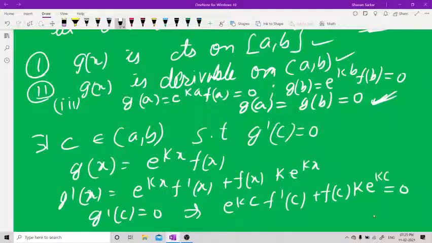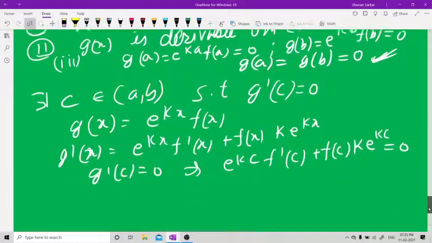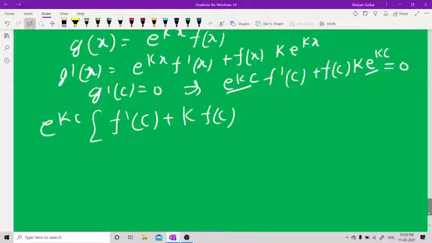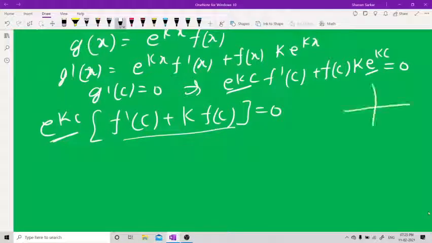Take e to the power of kc common on all sides. Take e to the power of kc common: f dash c plus k f c. This is equal to 0. This cannot be 0, so this quantity will be 0, because it's an exponential function. Exponential function is never 0. So never 0. So this only is 0. So f dash c plus k